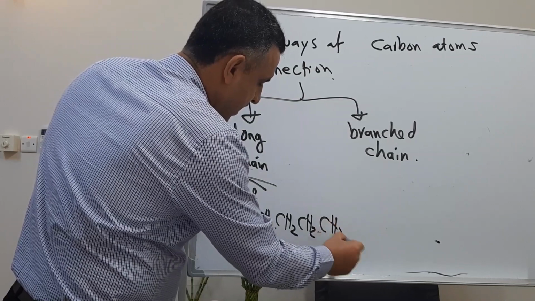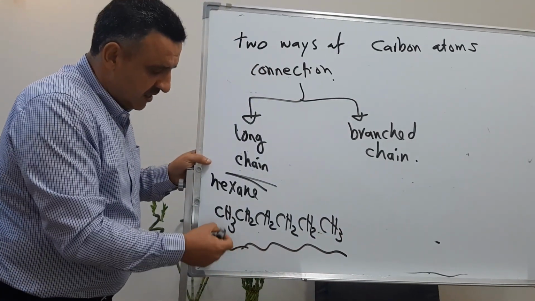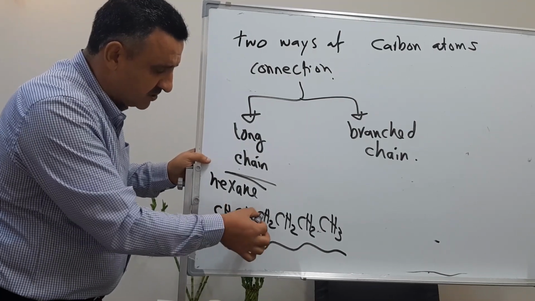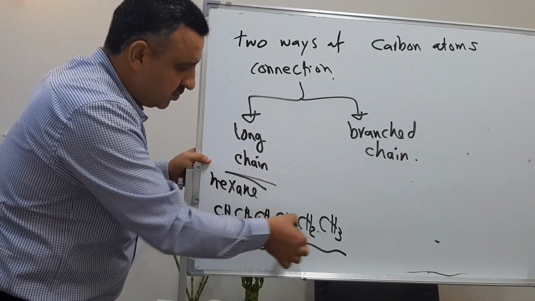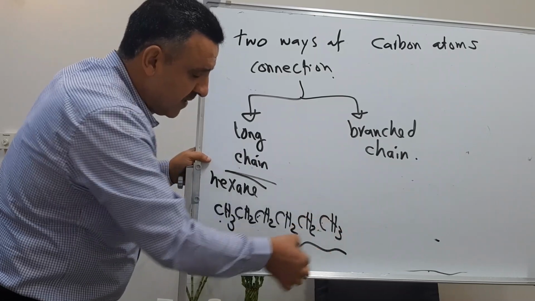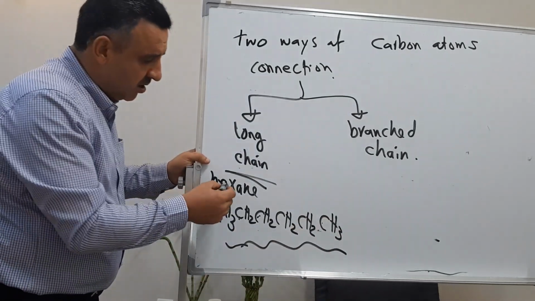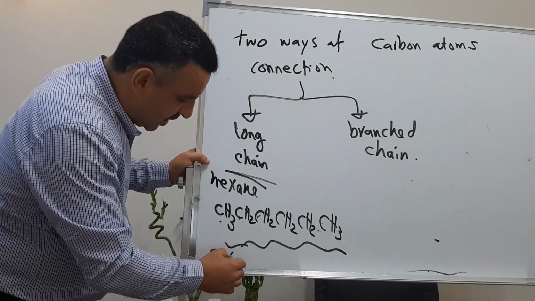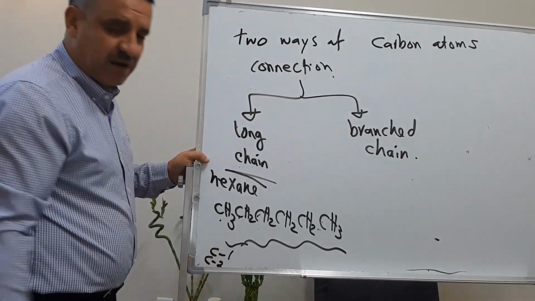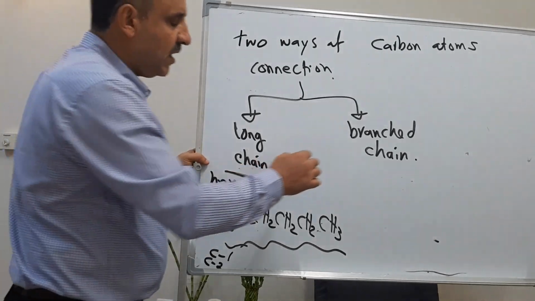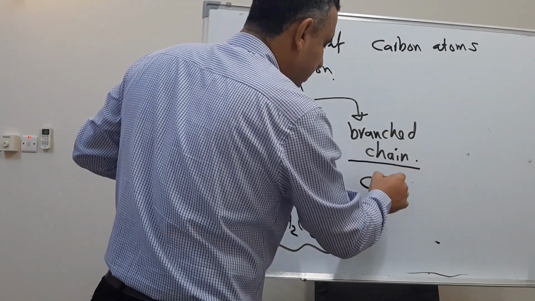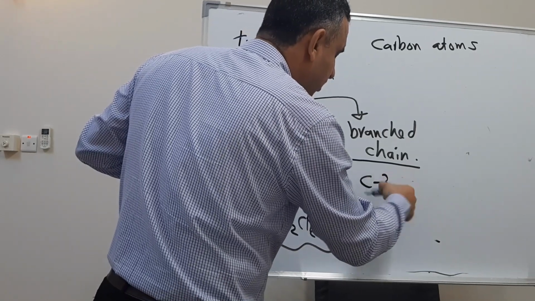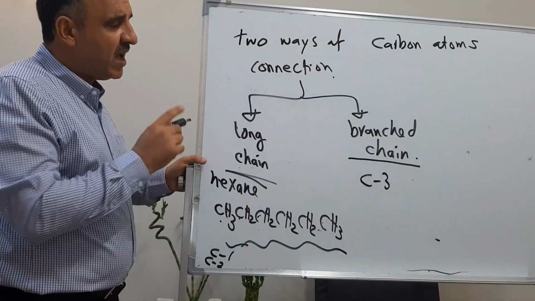CH3. As you can see here, this carbon is attached to one carbon. This carbon is attached to two carbons. This is 2, this is 2, this is 2, and this is 1. So in other words, in the long chain, a carbon is attached to either one or two carbons. But whenever we have a carbon attached to 3 or more, then we have a branched